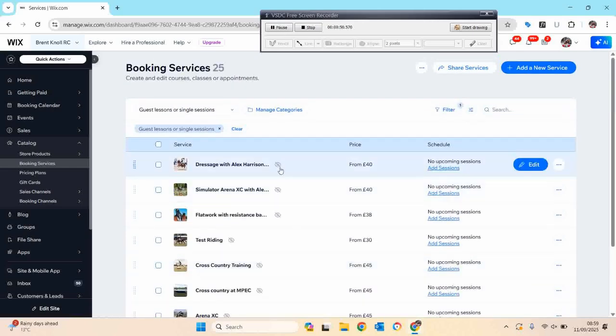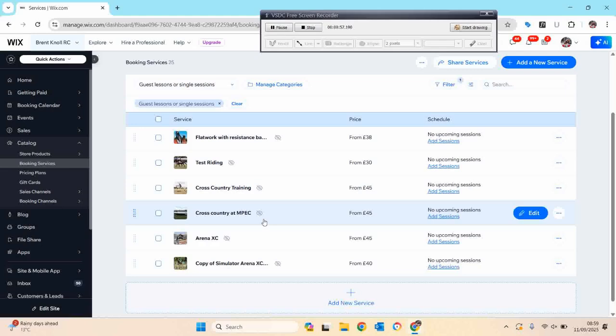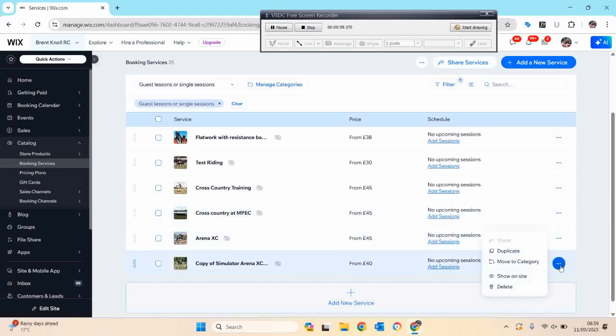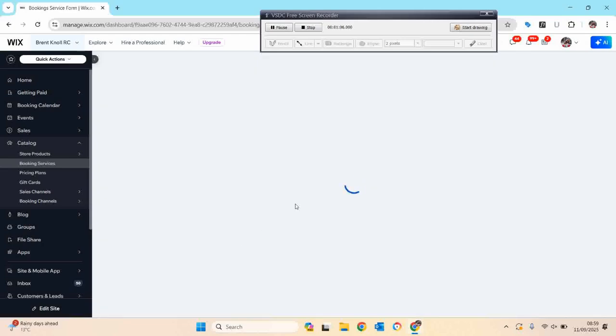You'll notice also all of these have a little eye with the strike through, which means it's hidden, so if you're on the app you can't see them. To show it you can either put show on site, which will show it on the app, or you can do it from inside. So let's just say we're doing a simulation,